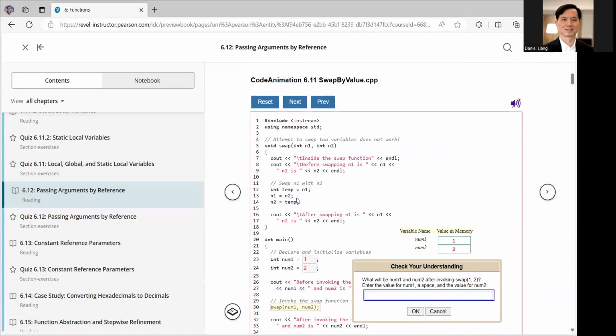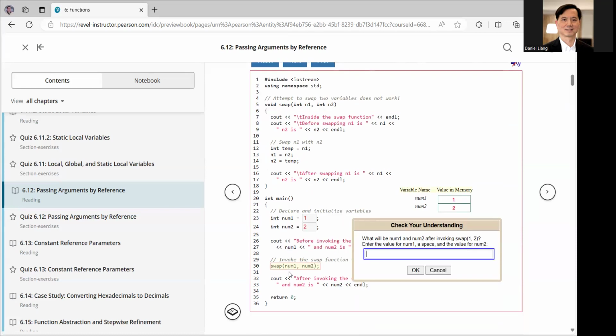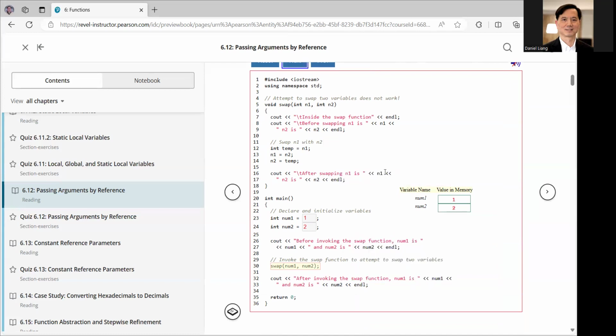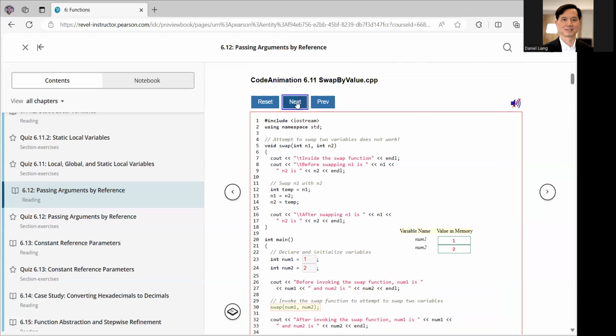You're supposed to swap the two. In this method, you swapped 1 and 2, but after the method finished, num1, num2 are still 1 and 2, no change. Because if you look inside the call, this is pass by value, so n1 and n2,